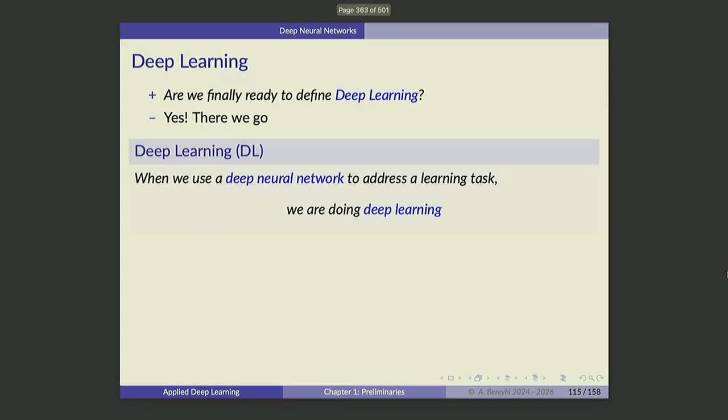So this means that deep learning is basically a branch of machine learning where when you want to accomplish a task, when you want to learn the connection between input and output, you're going to put one